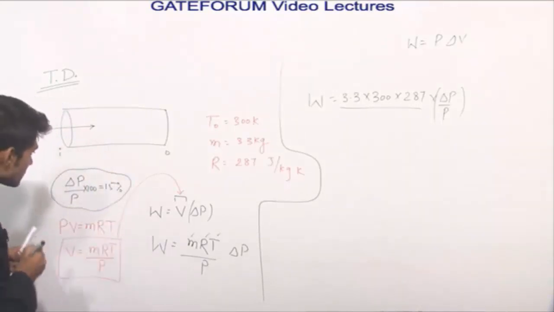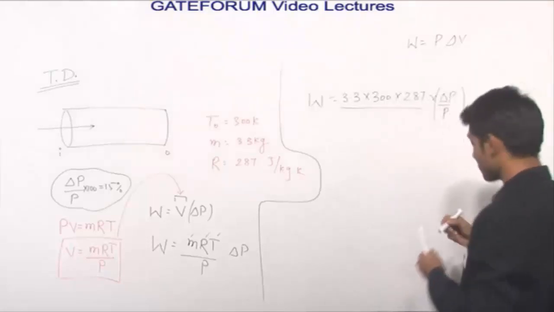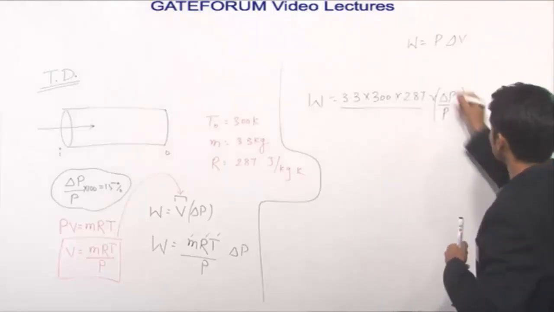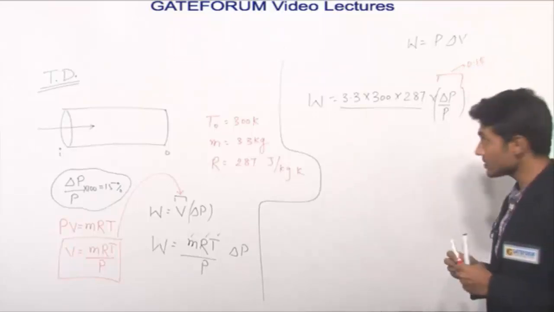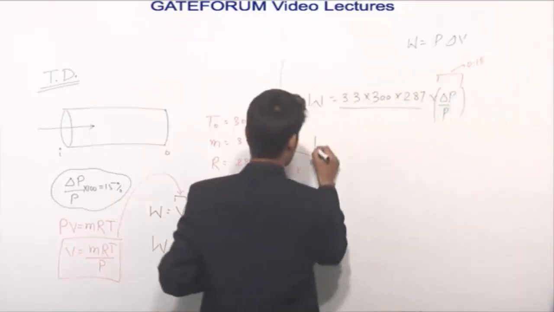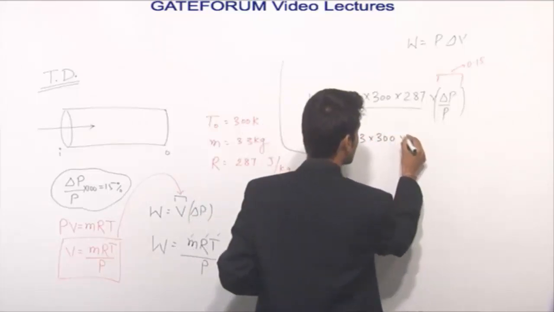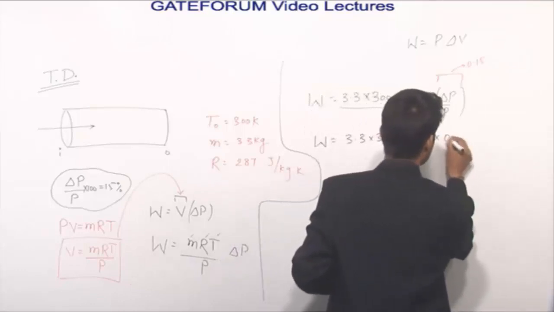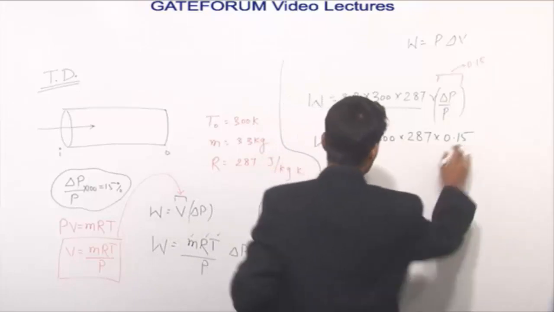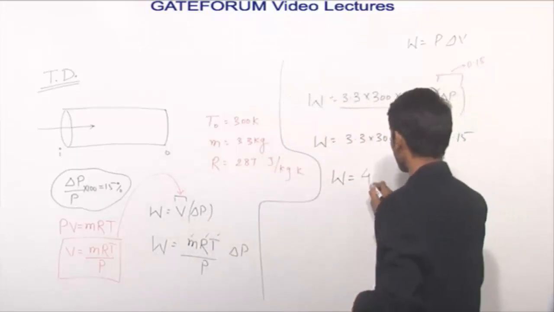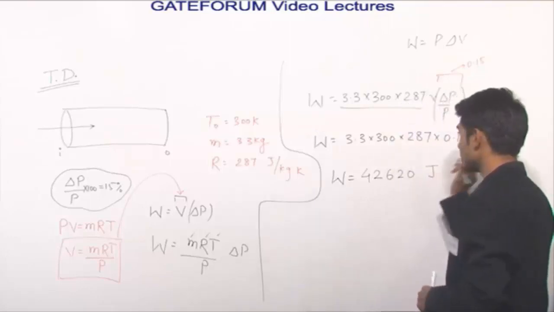So can we use this particular concept here to write delta P by P as 0.15? Yes, we can do. So next step will be 3.3 multiply by 300 multiply by 287, 0.15. So this whole multiplication will come out to be 42620 something, and it is in